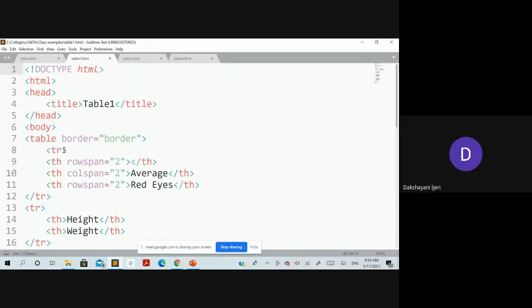So begin with the tr. You don't have any content here, but you have the empty cell, which has to be merged with the two rows over there. Do you remember? I hope you have that table with you, isn't it? So for that you need to use the row span with the value 2, right? Following that, you have the average content over there.